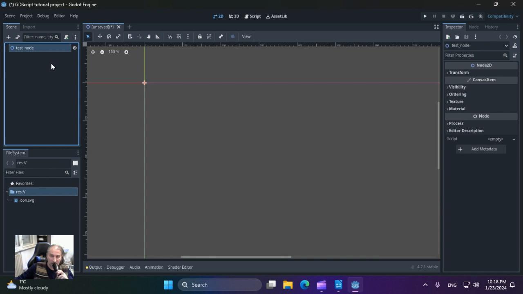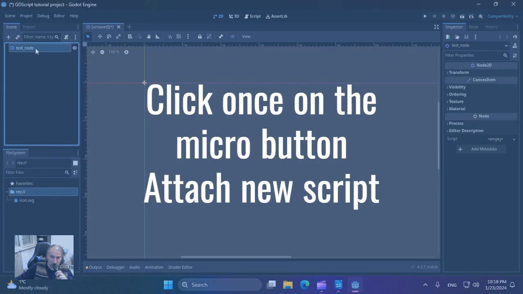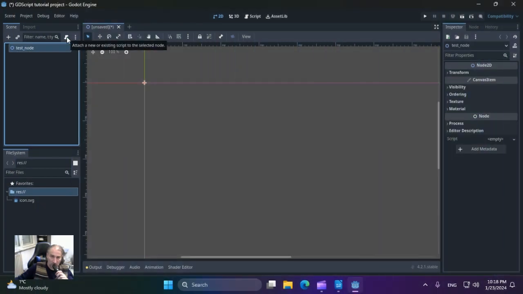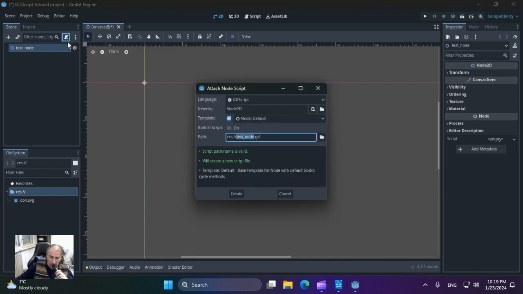Now we will add a GDScript to this node. Click on this button here. This is attach a new script to selected node. Now we have this window, attach node script with GDScript language for a Node2D